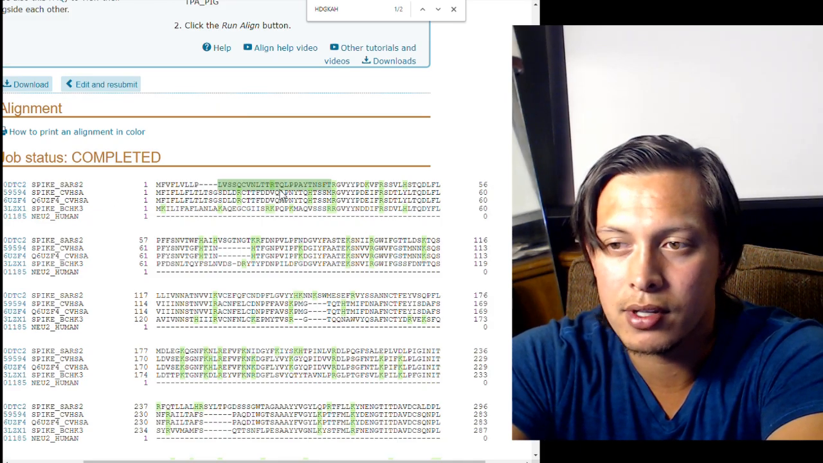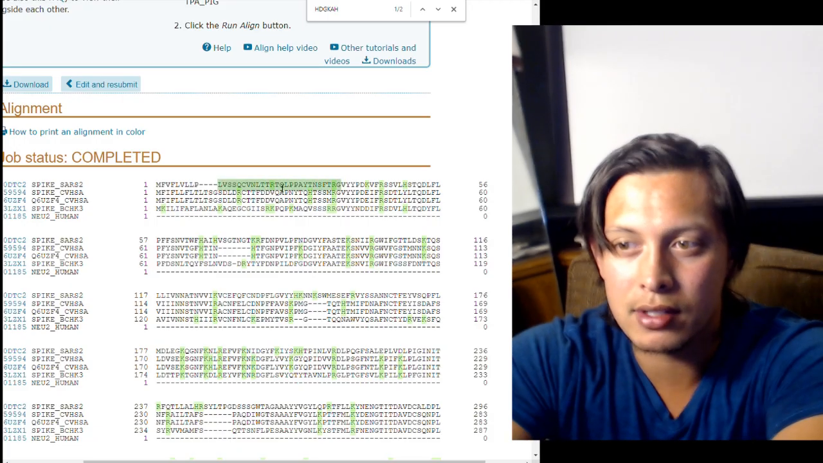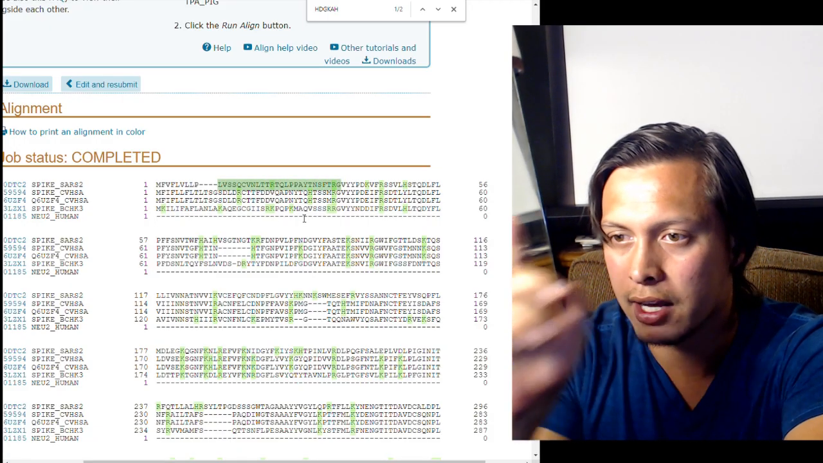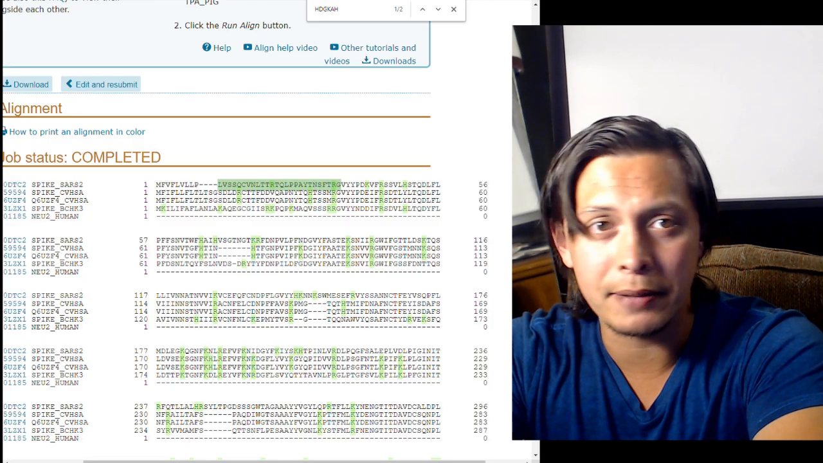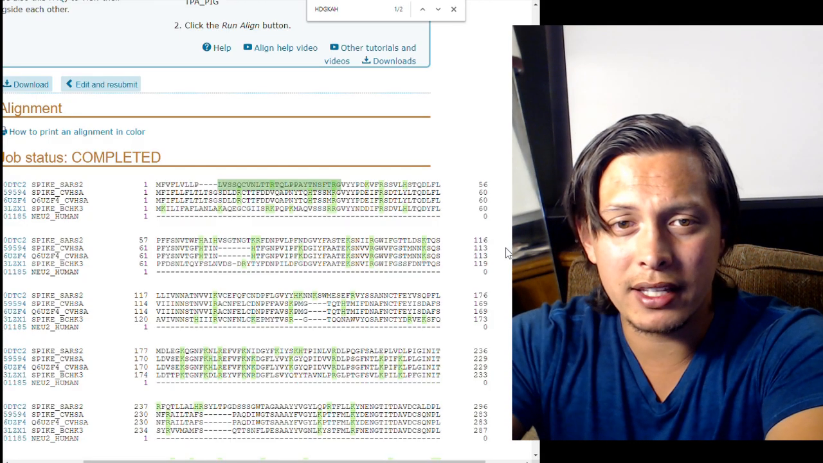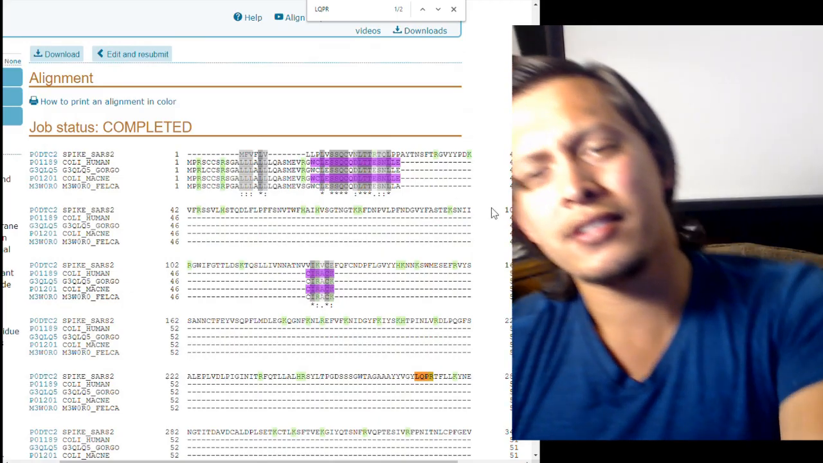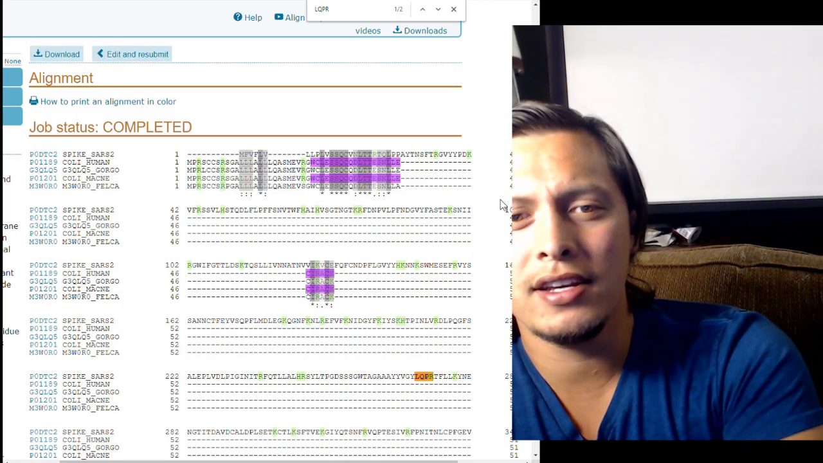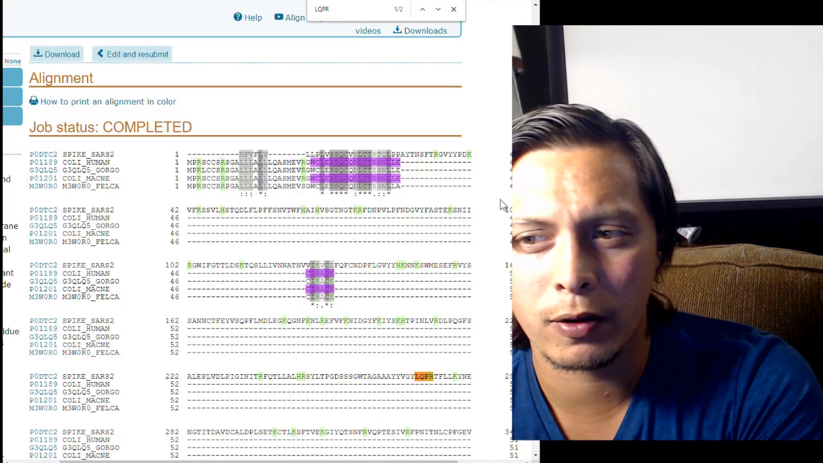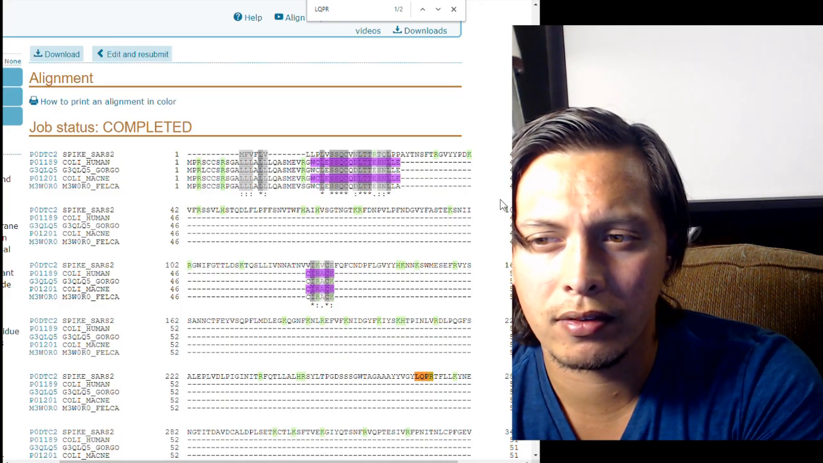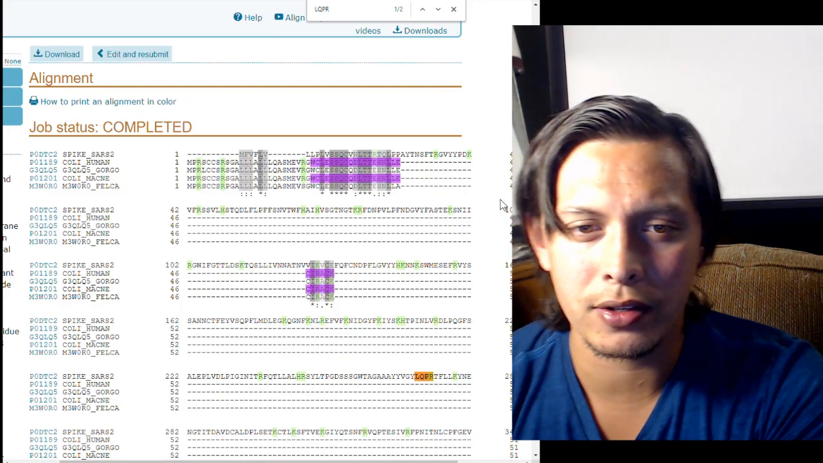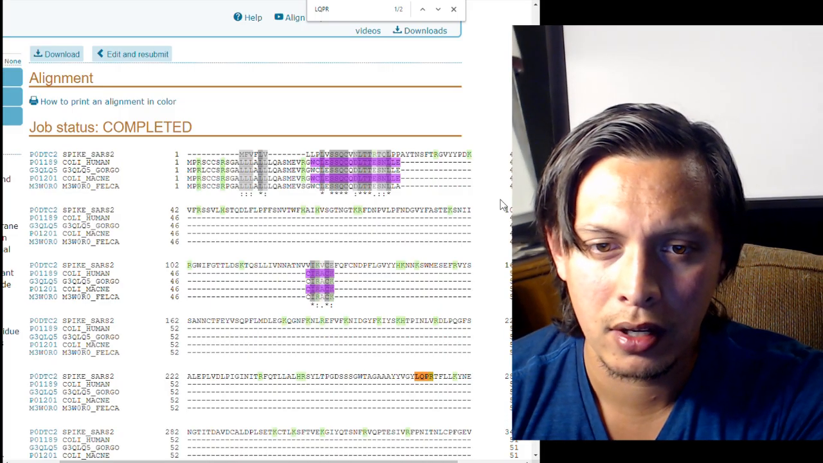So what I'm going to do is analyze this sequence a little bit more to see if there's anything that can be gained, if there are any other sequences that are like it. But yeah, to see that spike coronavirus has a series of, what was that, 13 peptides? So